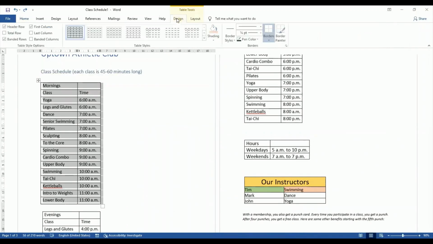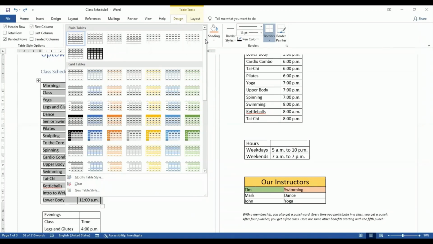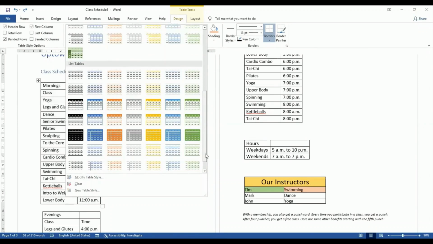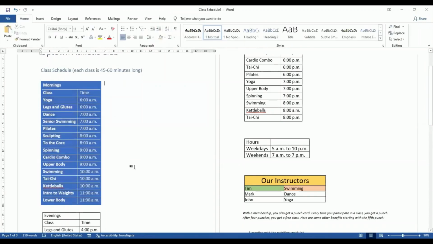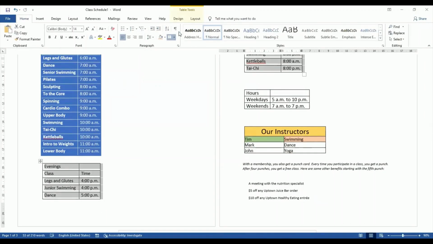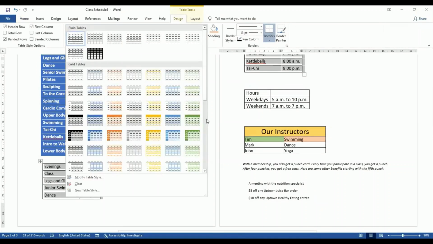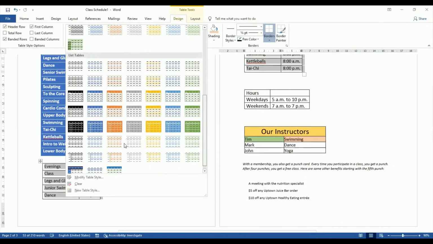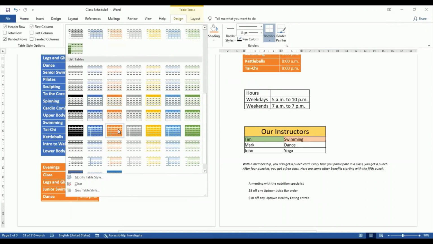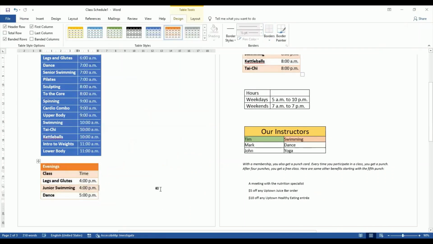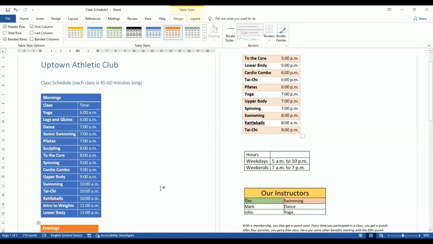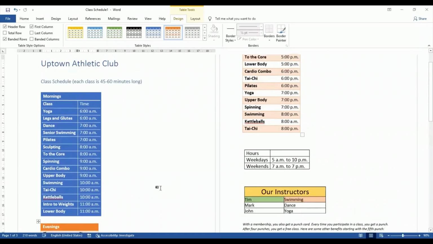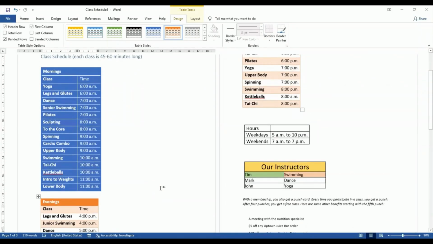I'll go into design, and I've got beautiful table designs, different color combinations, different styles of the tables. See, so many of them are there. I will select morning color. I'll select the blue color, and evening color I will select a orange color or a yellow color. You can select even this one, or select something like this for a change. This looks better. So like this, you can create different colored tables on your page, where each table could be